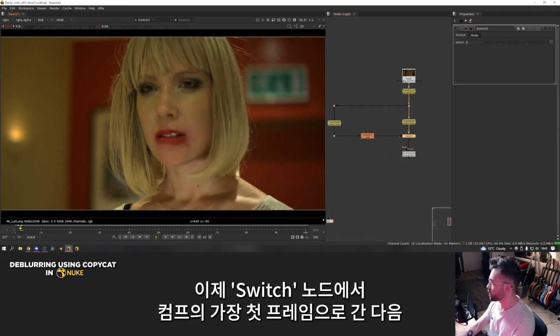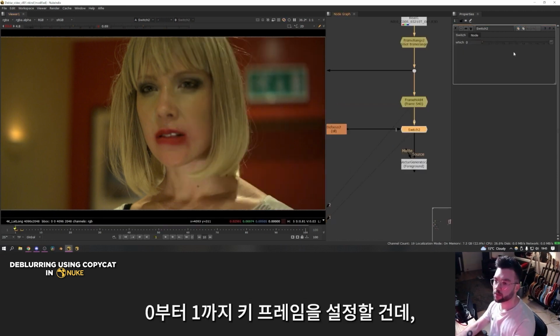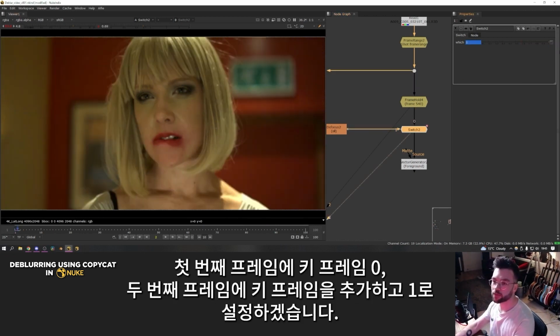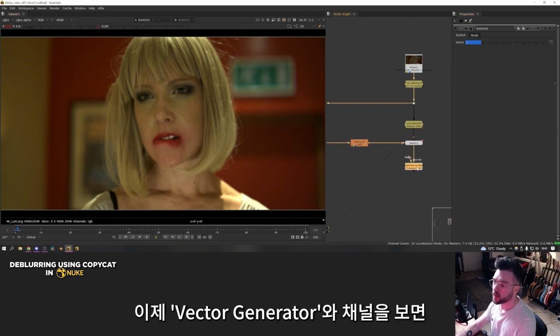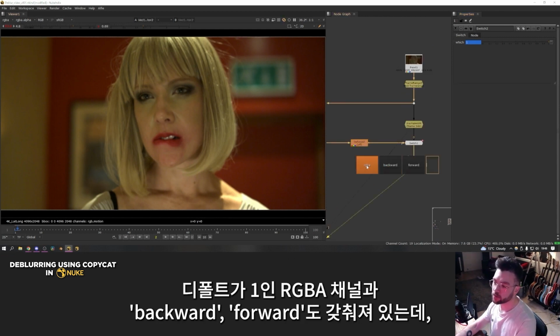Then in the switch node, I'm going to go to the very first frame of the comp, and I'm just going to keyframe it to go from 0 to 1. So 0 on the first frame, and on frame 2, I'm going to add a new keyframe and set it to 1. Now if I look at the vector generator and I look at the channels, we have the RGBA channel, which is the default one,